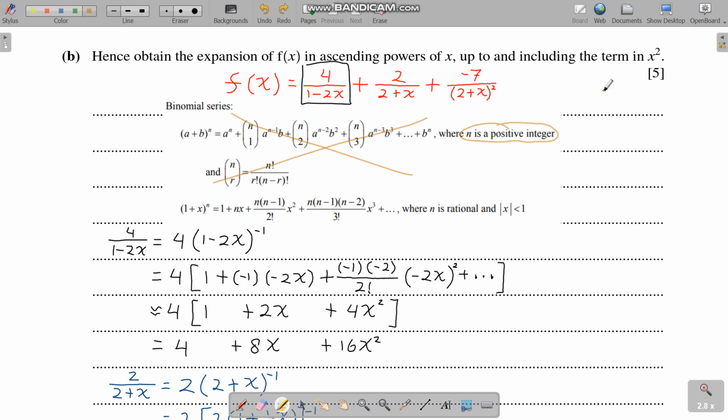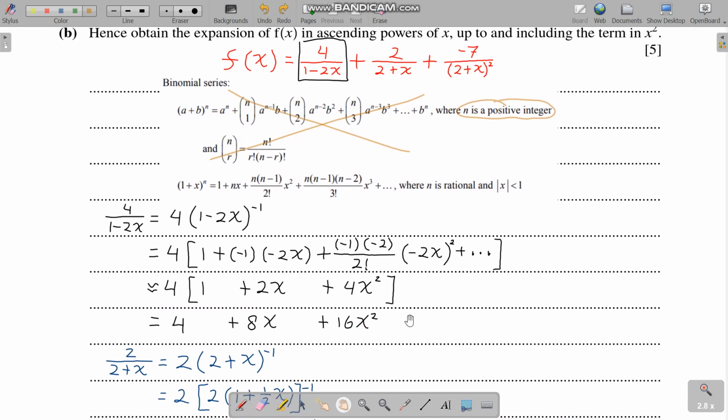And now we simplify. Here we get 2x, simplify, here we get 4x squared, multiply everything by 4, we get the first expansion. Now for the second expansion, we have this in blue, 2 over 2 plus x, so same